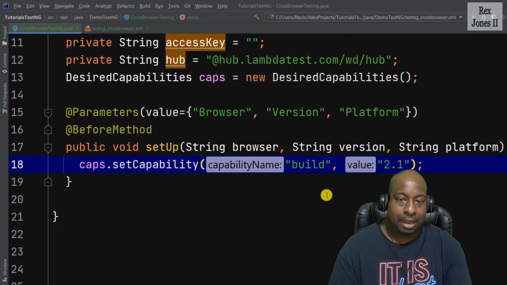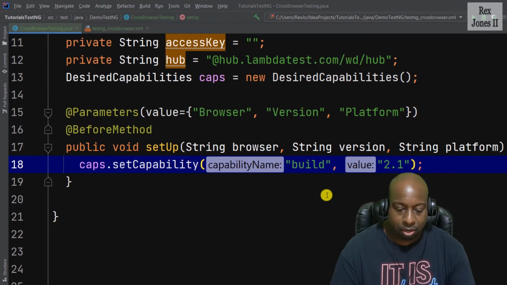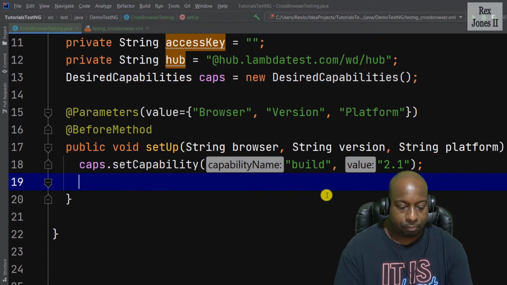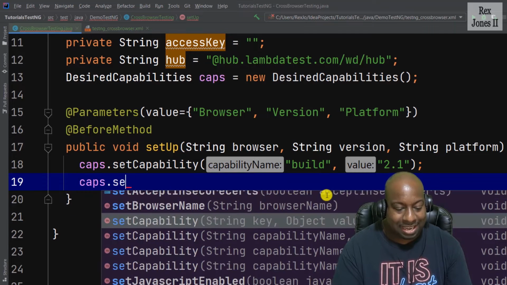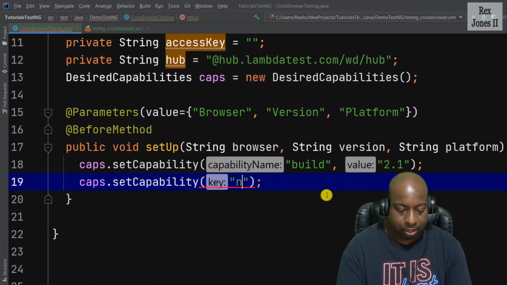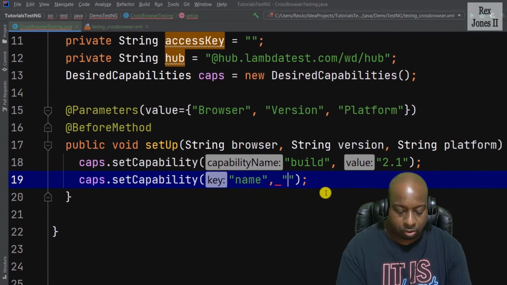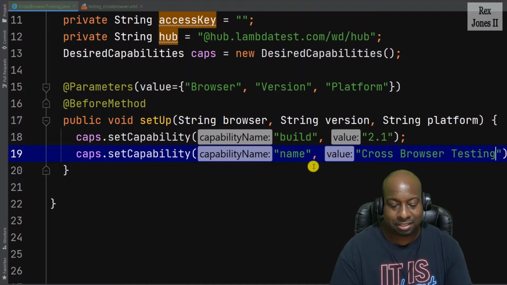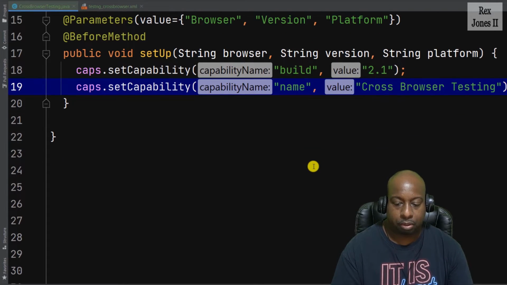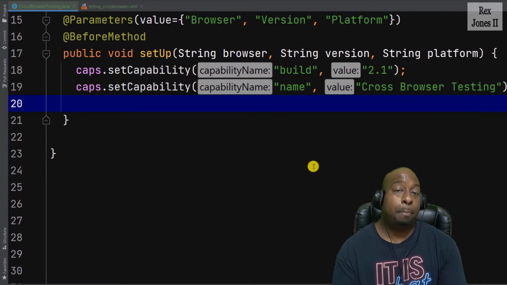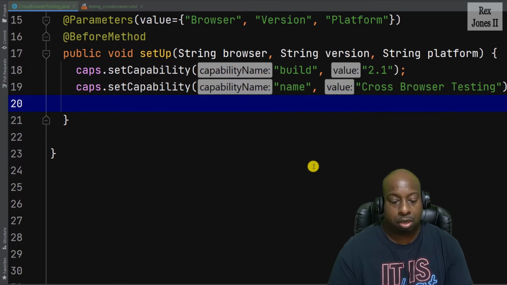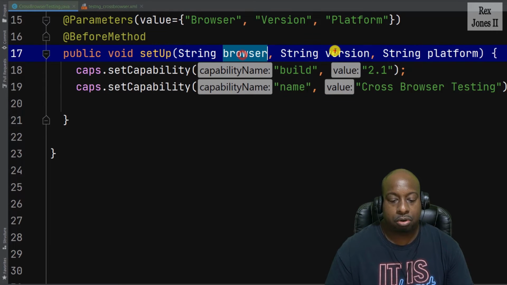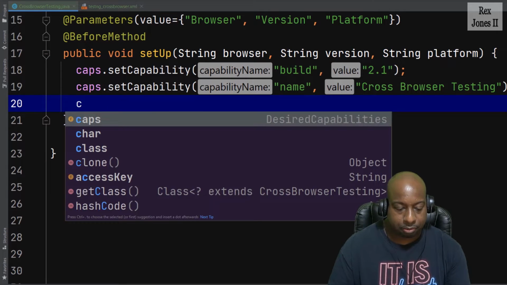Bingo. Now we have a way to set the name by writing caps.setCapabilities name, and the value would be cross browser testing. Add some more room. After the name, we're going to pass in the three parameters of string, browser, version, and platform by writing